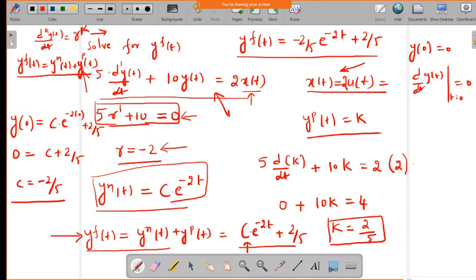Since it is a constant value, we are assuming the particular solution is of the form y_p = k. Now, if you want to find the particular integral using this differential equation, assume the output is of the same form as the input. That means it is the same form as the constant k.